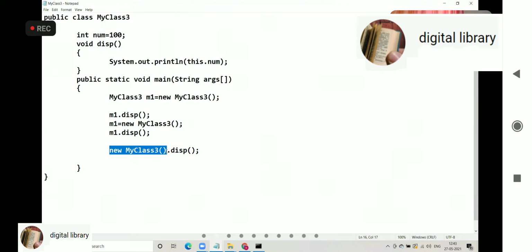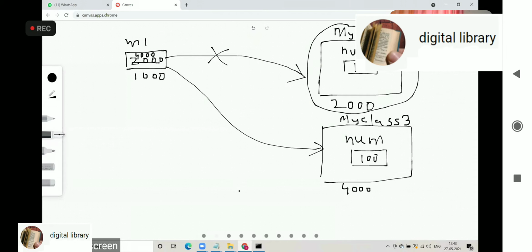M1.display gives 100. This is something different. New MyClass3. There's no reference on the left hand side. Since there is no reference on the left hand side, we call it an anonymous object. An anonymous object is the one which does not have any reference. Now you can think of one more object here, MyClass3.